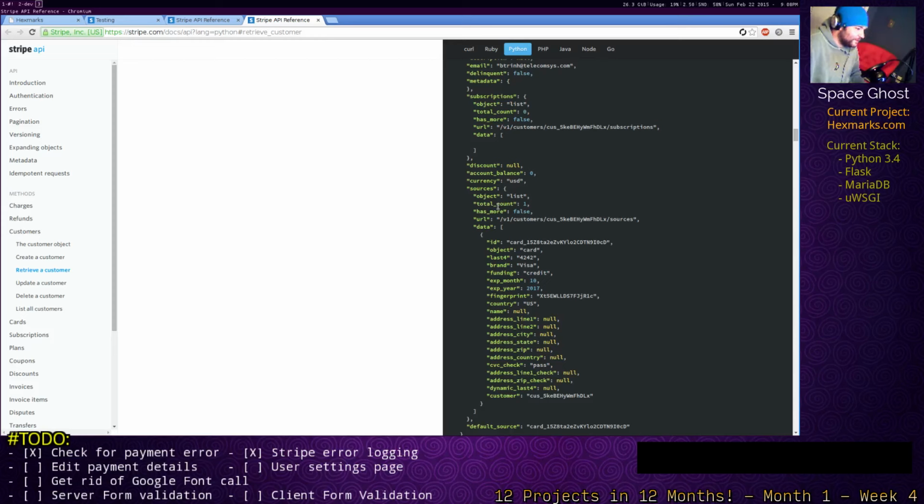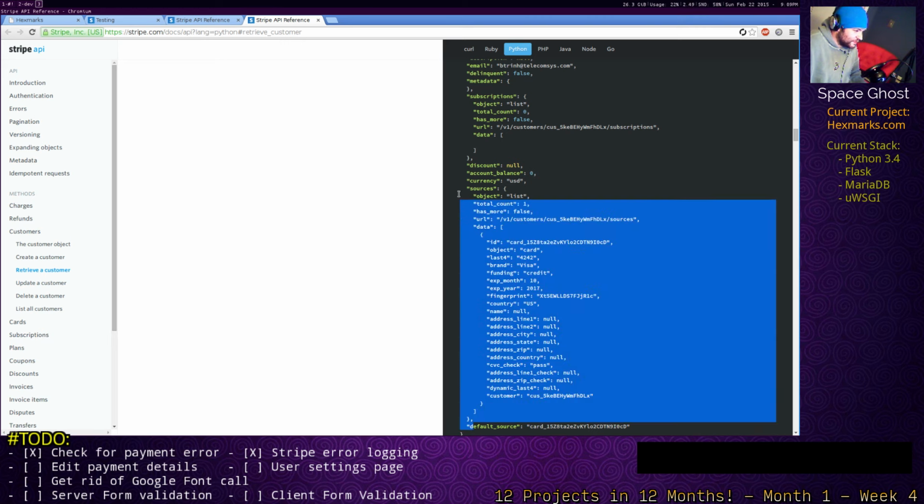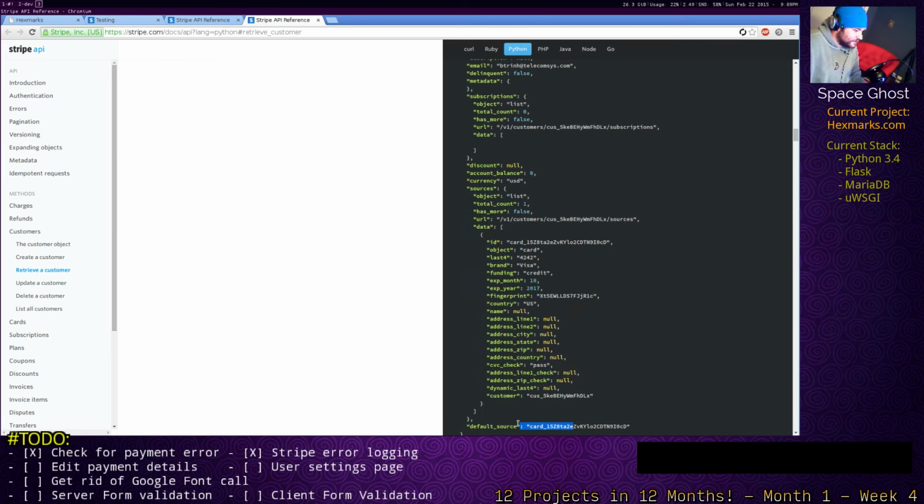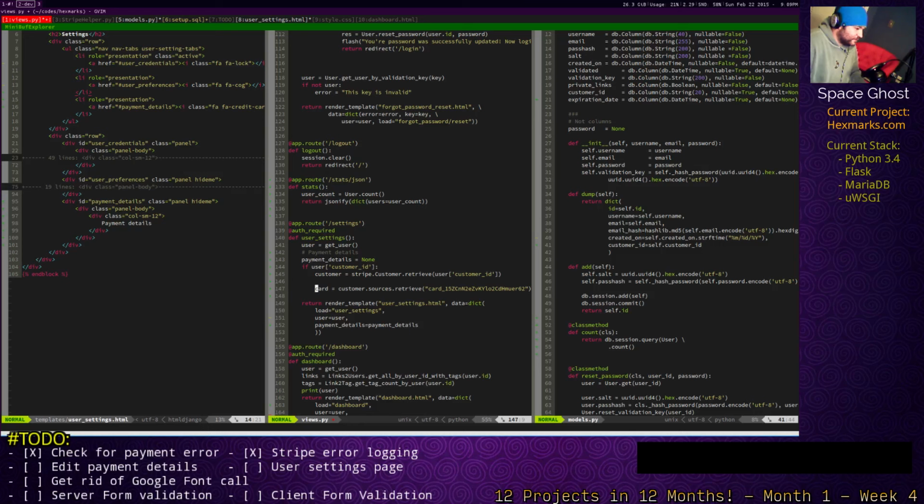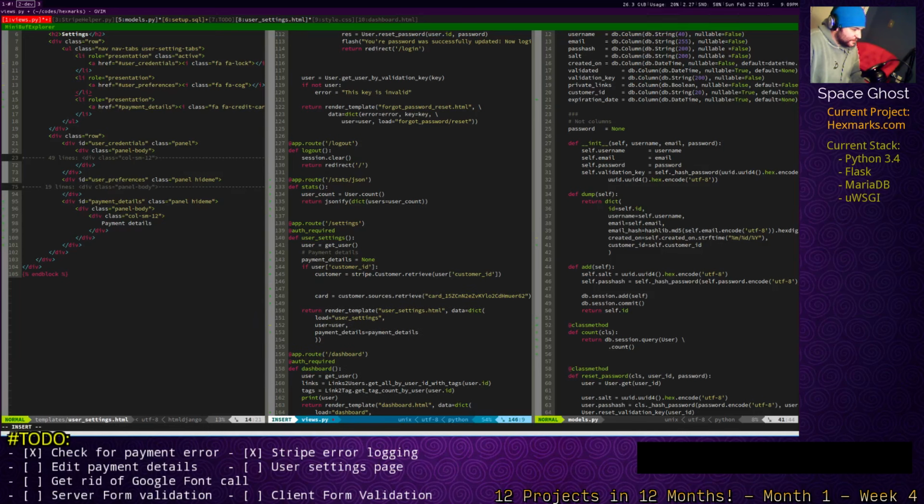So really we want to know if this object has sources, and if it has sources, if it has a total count that's 1 or more, and then if so, then we're going to grab the default source. Let's try to just grab the default source because we're not going to be having multiple sources. So if customer and default